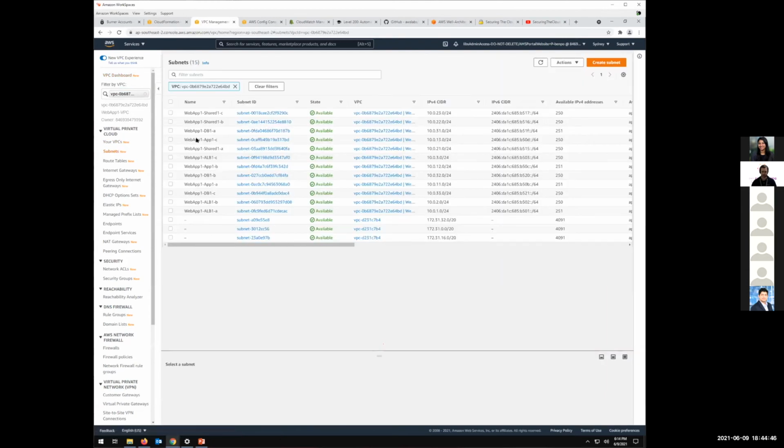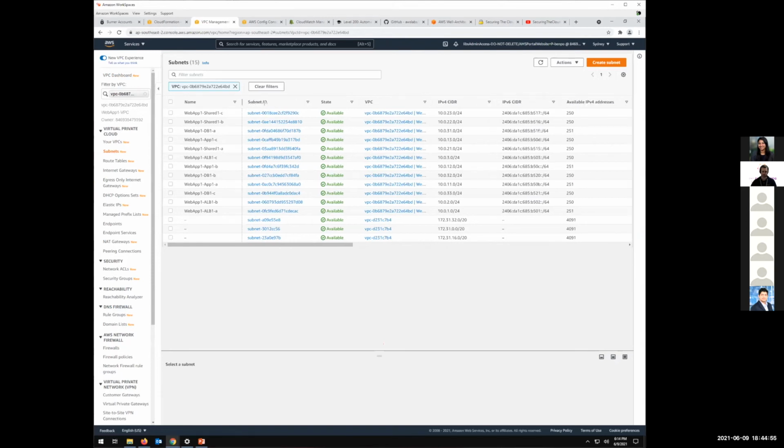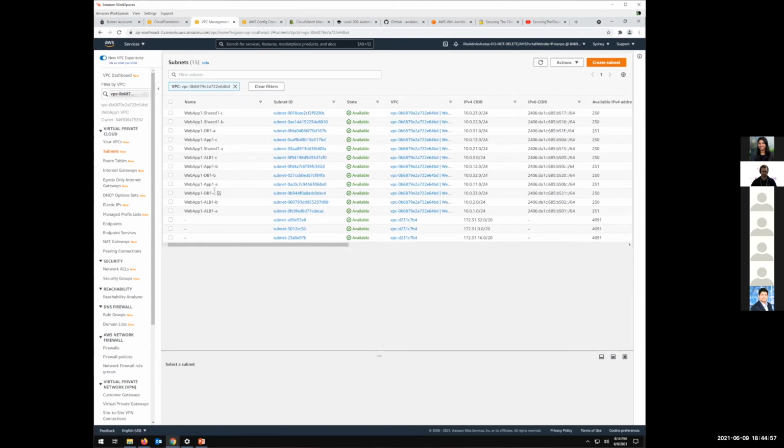You can see here, I've got all of the different, I don't know why my default VPCs are still there, but you can see I've got all my subnets here. And I've got the ABC. You can easily see it's shared ALB, DB, app. What I've also done is